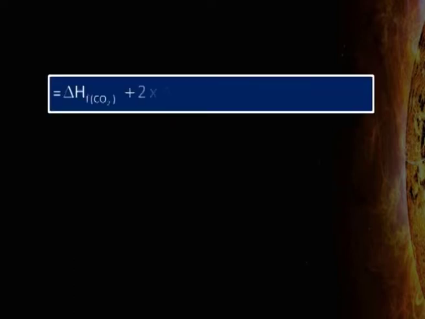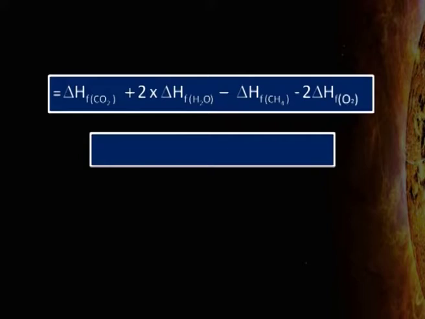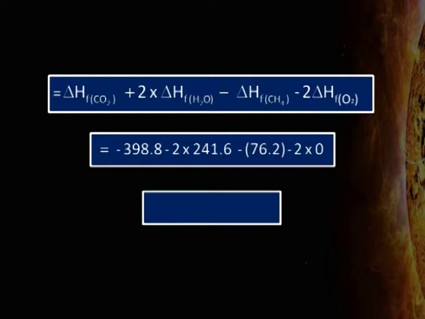Hence, delta H of the reaction will be equal to delta H formation for carbon dioxide plus 2 into delta H formation of H2O minus delta H formation for methane minus 2 into delta H formation of oxygen. Hence, delta H will be equal to minus 398.8 minus 2 into 241.6 minus 76.2 minus 2 into 0, which will be equal to minus